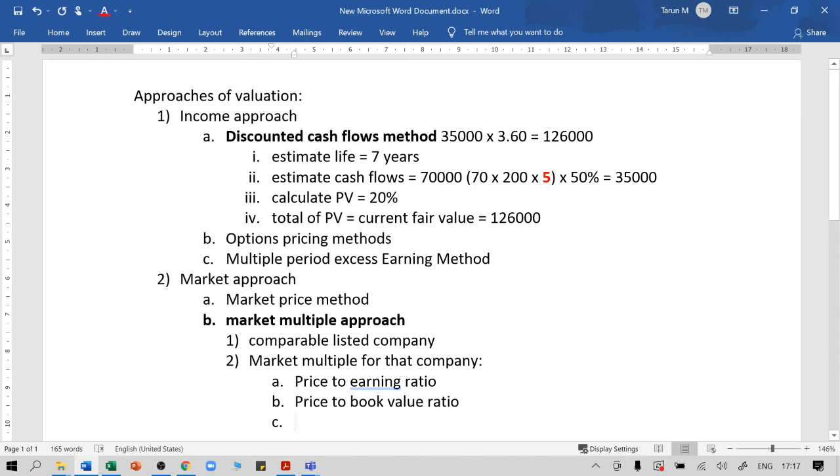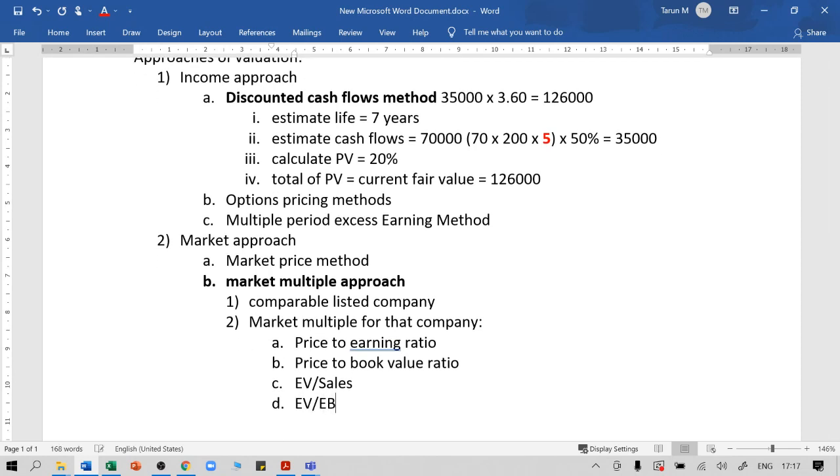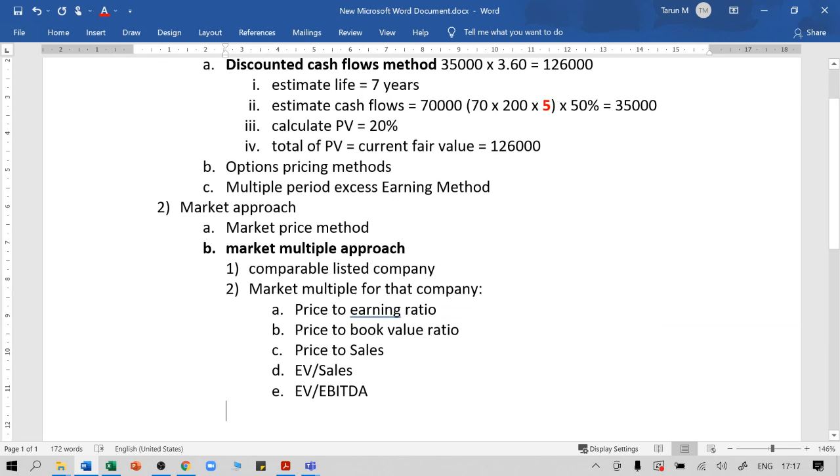Price to earning ratio, price to book value ratio, or enterprise value to sales ratio, or enterprise value to EBITDA ratio, or price to sales ratio. So these are some of the examples of market multiples. I search for a comparable listed company, then I calculate market multiple for that company, then I multiply this market multiple with the parameter of